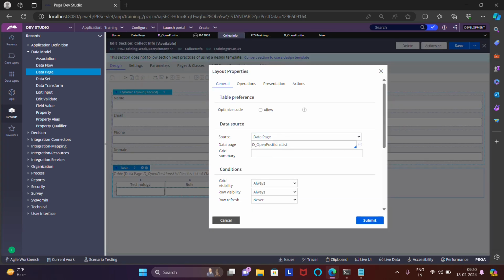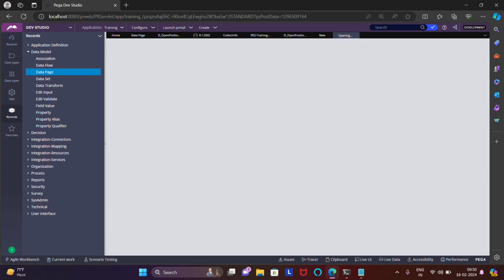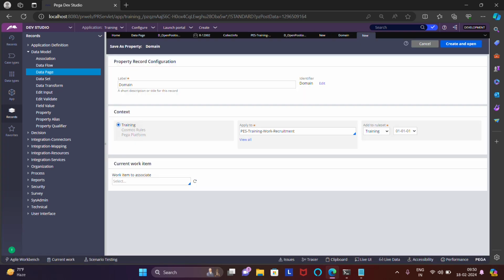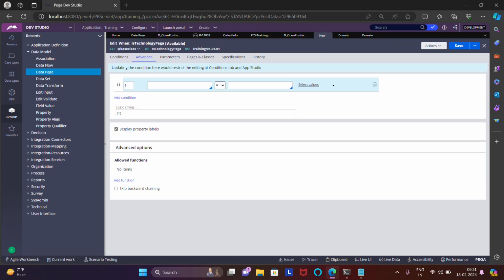One more thing, let me quickly see the class where this property is located. Currently it is in the work class, and I need to use it in the data class also. So let me put it at the base class level so that it will be reusable from both the places. Okay, so coming back,